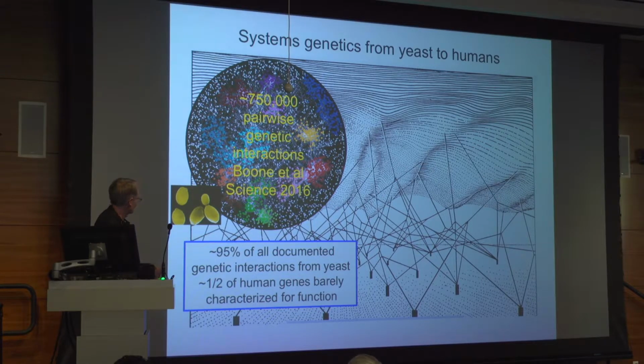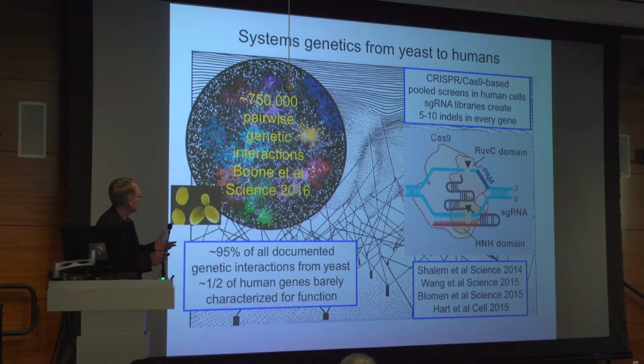The other point is that although we talk about this human genetic landscape, about half of all human genes are barely annotated. We have no idea what a large fraction of the genes do. So I think with the development of CRISPR-based gene editing technologies, and in particular CRISPR-based genome-wide genetic screens, we're really just at the beginning of a tidal wave in the next very small number of years, where a lot of this information in yeast is going to be extrapolated to humans, and we're going to find out some things that